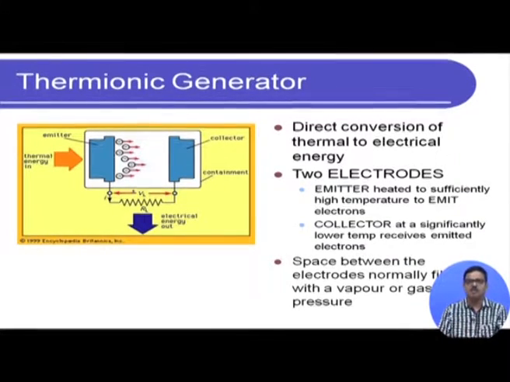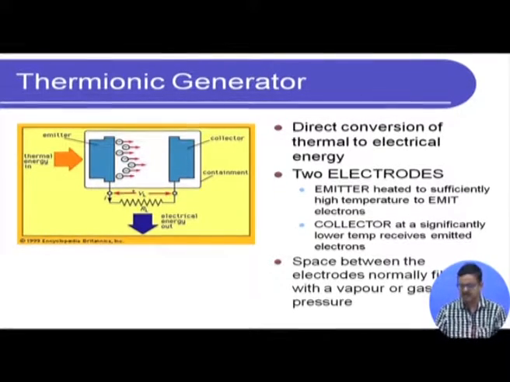So, therefore, the electrons that are now collected at the collector surface have a higher Fermi level, which is the stable state, than that of the emitter. So, now if we connect the collector and the emitter externally, the electrons will tend to flow through the external load. Okay. So, this is what we saw here.